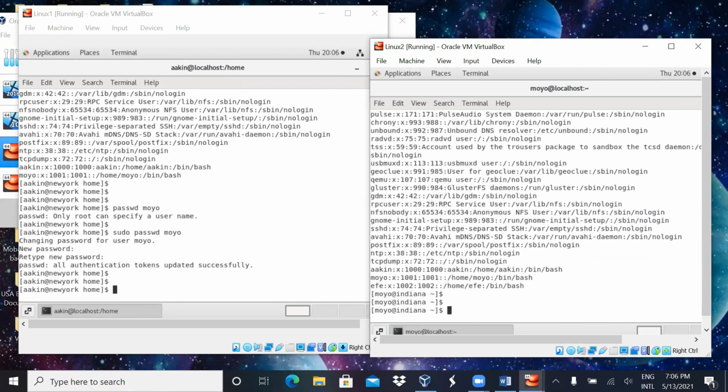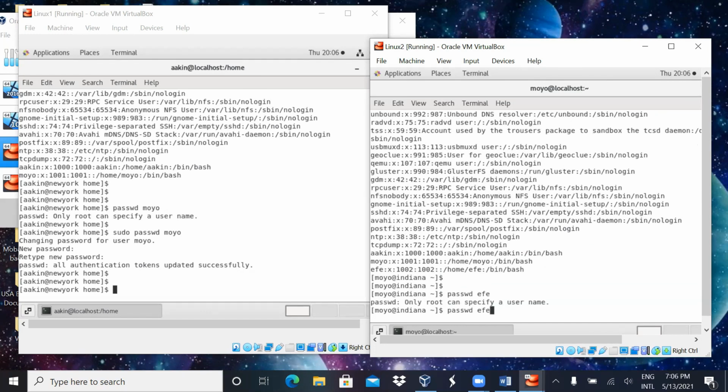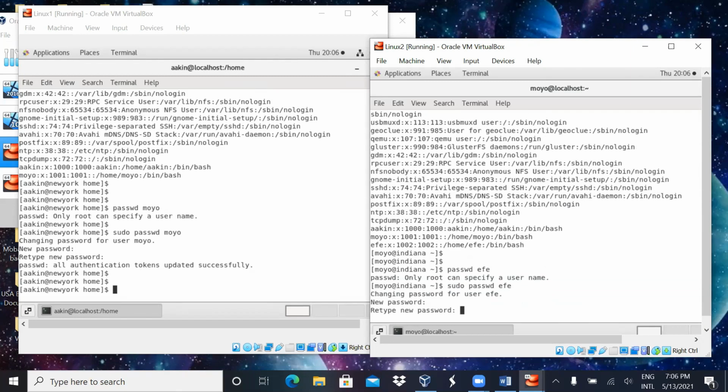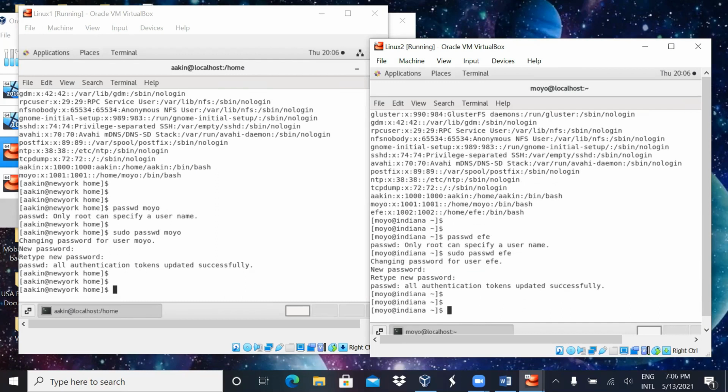All right. So what else do you want to do? You want to add a password, right? So the command is passwd, for who? For Ife. No, he forgot to do sudo. sudo passwd Ife, and it will be the same password. All right. So Moyo can not only create as many user accounts as he needs to,